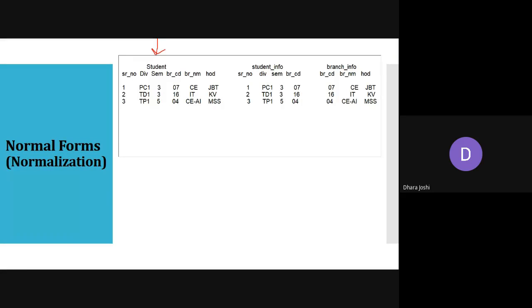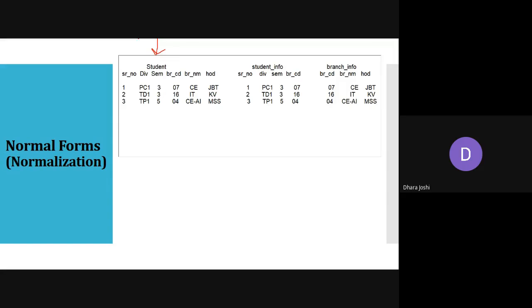Serial number 1 is division PC1, semester 3, branch code 7, branch name computer, and head of the department is Jaisar. Second row, TD1, semester 3, 16, IT, Krunal sir. Third row, TP1, semester 5, branch code 04, branch name computer artificial intelligence, and head of the department is Madhu madam. So we are having all these records.